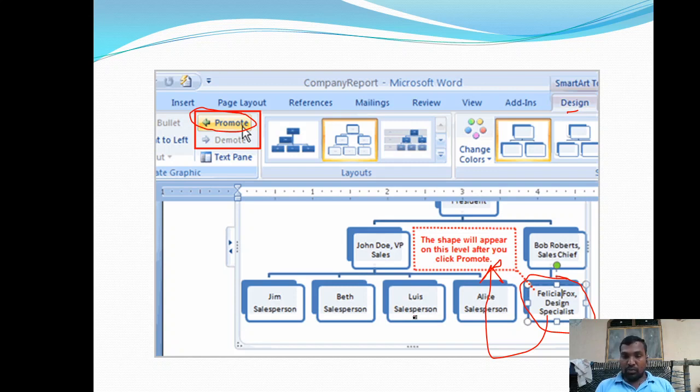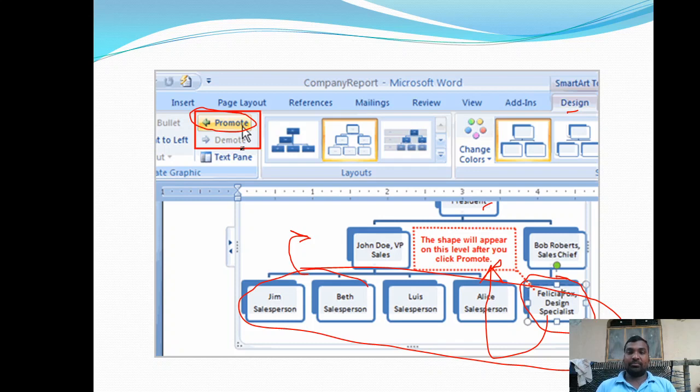If you want to move any one of these shapes one level up, then execute this promote command by selecting the respective shape. If we want to move this particular shape to the root place, the top place, then execute this promote command twice. Right? So promote will move the particular shape one level up with respect to the root.